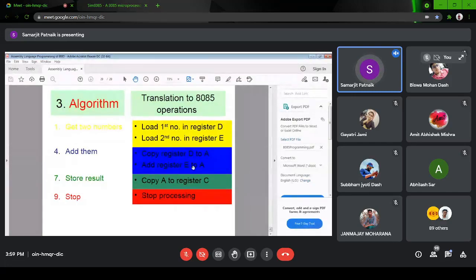So just a quick task. This addition program is already available in the chat box, Gayatri has already pasted it. Can you write a program for subtraction?